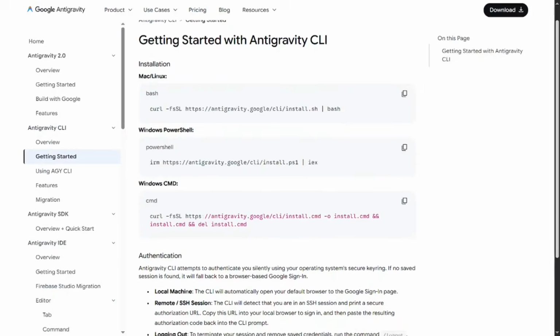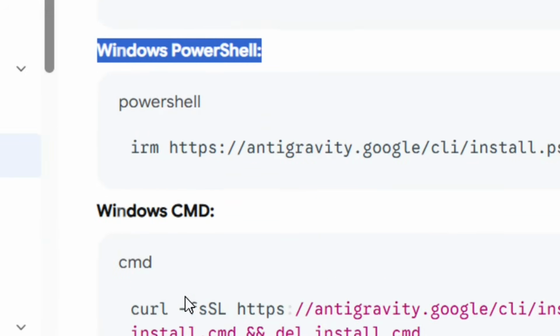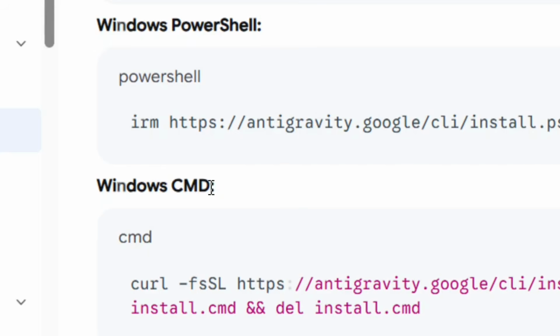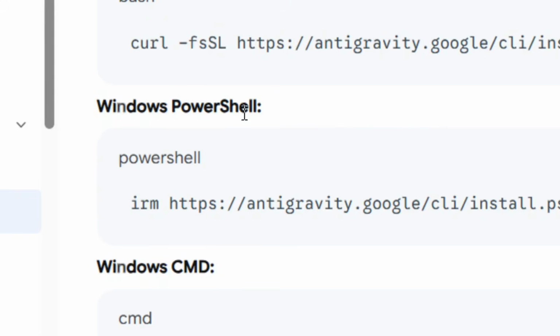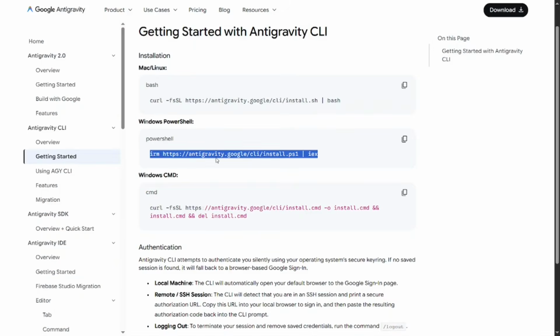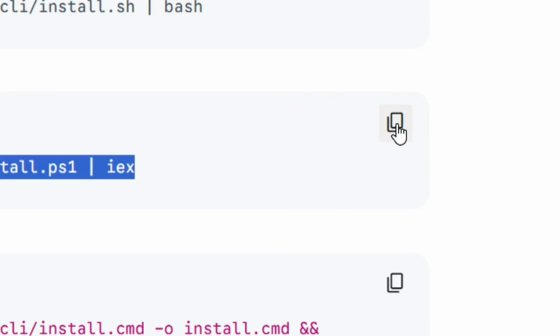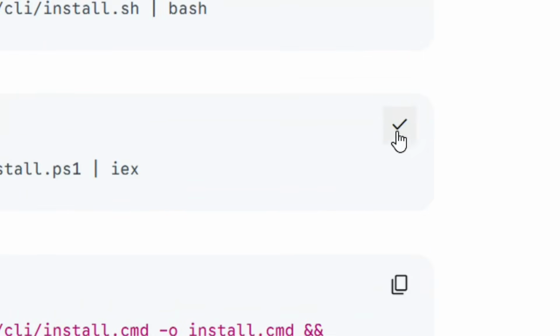So among the list, you are going to see that we have Windows PowerShell right here, and then we also have Windows CMD. We are going to go with the Windows PowerShell, okay? So from the Windows PowerShell, we are going to see that we have this. That is what you are going to copy to install it, okay? So you see that I have the copy here. Click on it, and when you click on the copy, you see that it has been copied